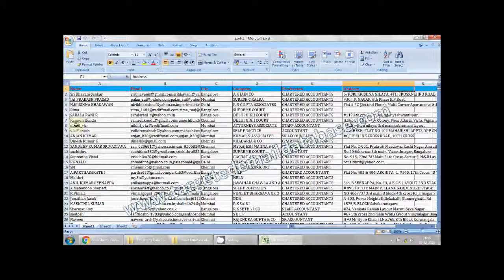This data is really helpful if you are trying to promote something related to a part-time job offer, affiliate marketing offer, multi-level marketing (MLM), or different kinds of small business proposals and franchisee. If you are trying to promote this kind of product or service, this data is really helpful.